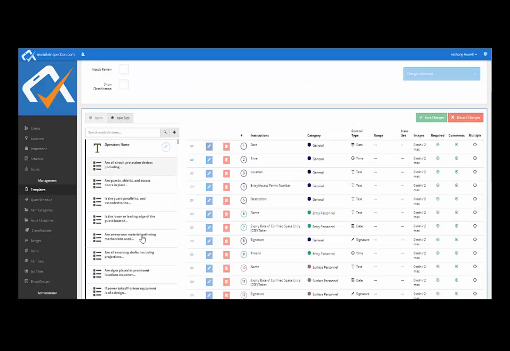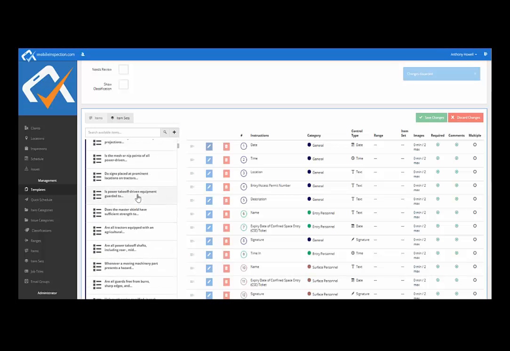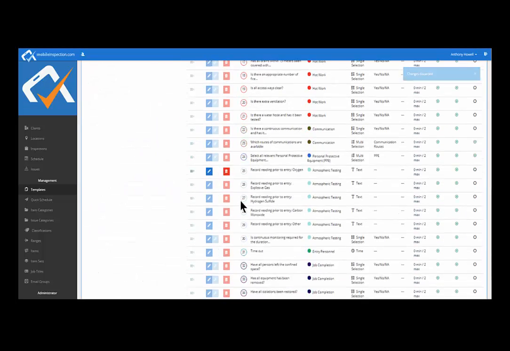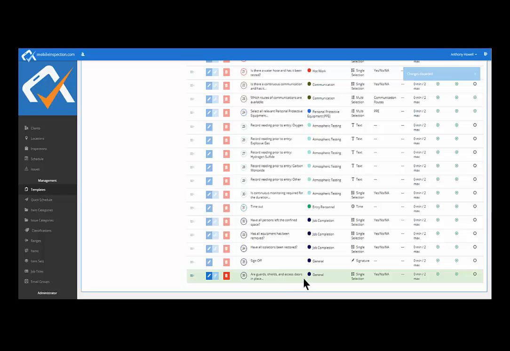You'll also notice on the left-hand side that there's a bank of questions, and so as questions get created on other templates, you have the ability to reuse those on future templates. And so I could select any question here in the left-hand side to add to this template by simply clicking on it. You'll see now that it goes grayed out and it can't be selected. And if I scroll down here to the bottom of this template, you'll see that new question has been added here. In this case, I'm going to remove it because I didn't want it